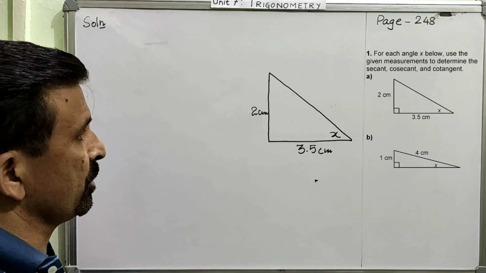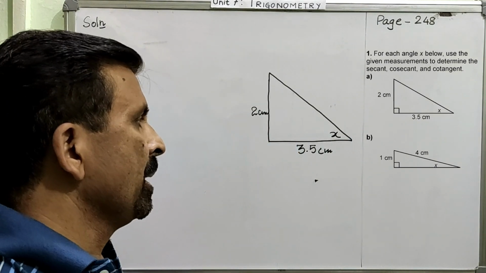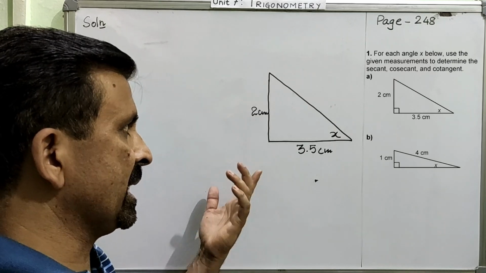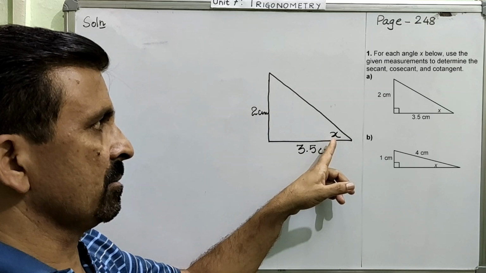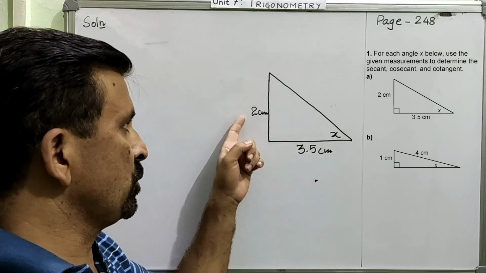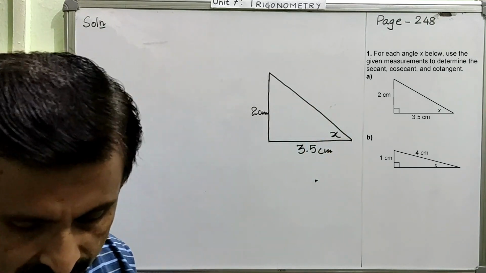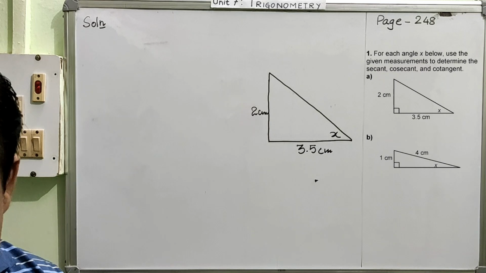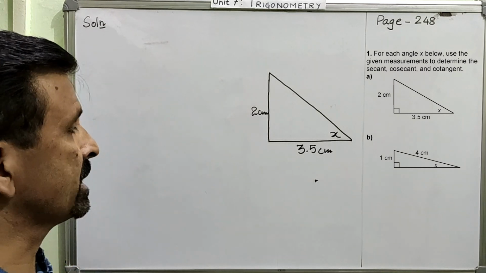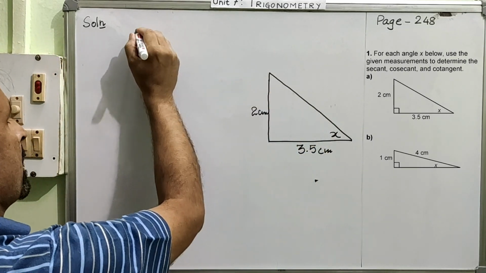So we are going to begin. Now we will find out the three trigonometrical ratios. But in order to find them, same as the previous exercise, you can see here that you are going to find the value of the trigonometrical ratios in terms of angle x, for which you are given the measurement of two sides, but this side is missing. So once again, we will find out the length of the missing side, and then we can find the ratio. Is it okay?